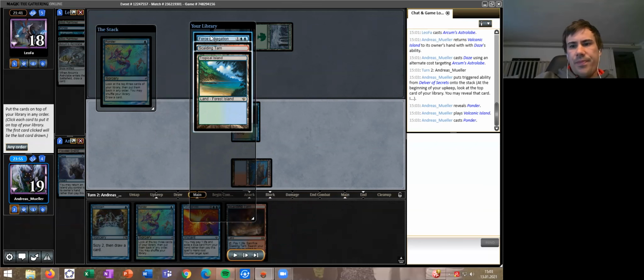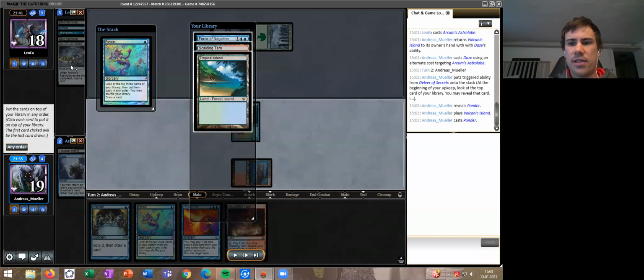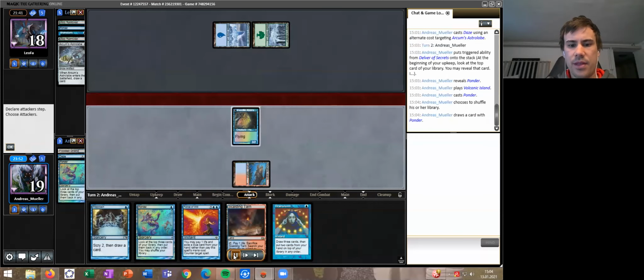So there is a Force of Negation. And this is an interesting Ponder because if I take the Force of Negation, I'm kind of all in on the Delver, which I'm probably anyway because I went for countering the Astrolabe. On the other hand, you can also shuffle this and hope for another threat. This is what my gut feeling would do here. Let's see what I did. Yeah, shuffled this,